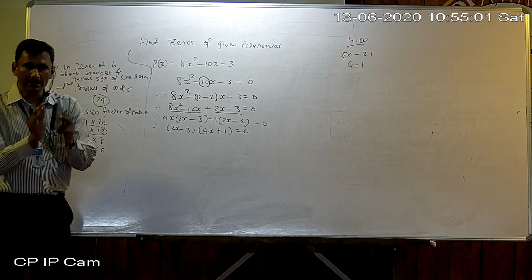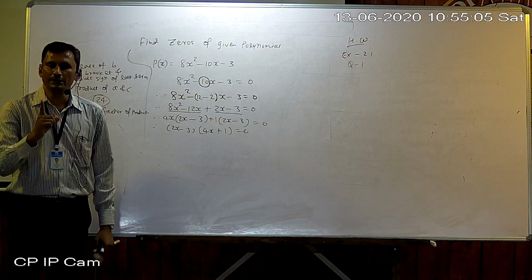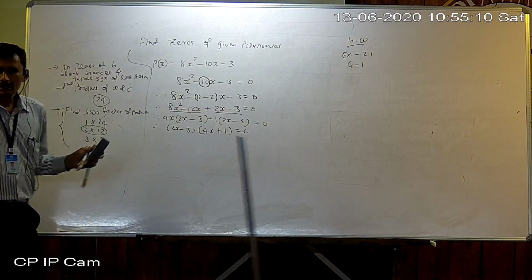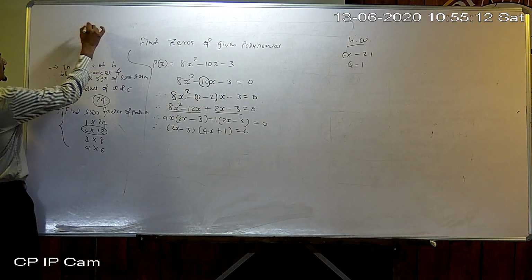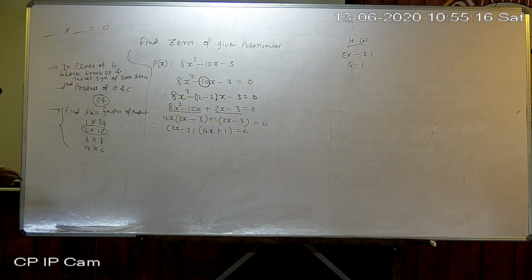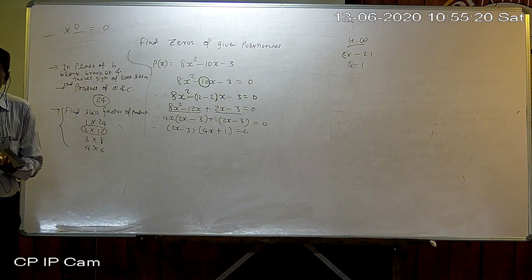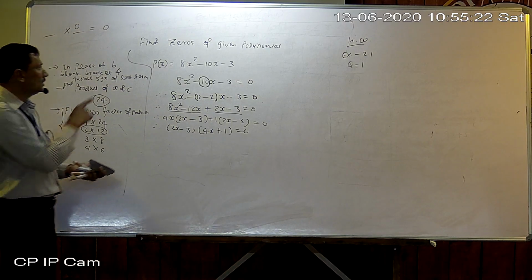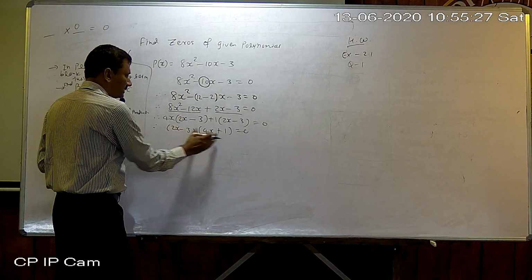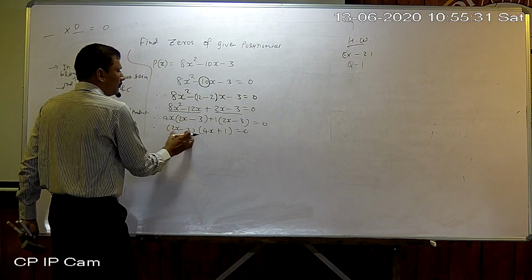If the product of any 2 numbers or more than 2 numbers is 0, at that time any one number or any one bracket should be 0. Otherwise not possible. If you want to get 0 as the product of any 2 or more than 2 numbers, then any one must be 0. Otherwise the product never becomes 0. So remember this thing. We don't know whether the first bracket is 0 or the second bracket is 0. Okay. So we take turn by turn, both brackets equal to 0.